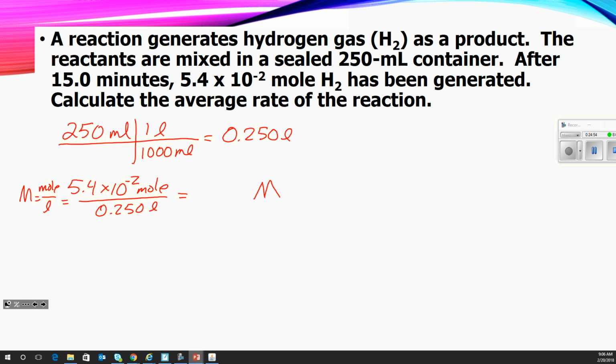Remember, it's a change in concentration, so we have to put it in molarity because that's a concentration, or parts per million or something that's a concentration. Mole is not necessarily a concentration. 2.16. Okay, that's our concentration. And if we look right here, that was over 15 minutes that changed. So we're going to now take our concentration and divide it by 15 minutes. And we'll end up with our rate in molarity per minute,